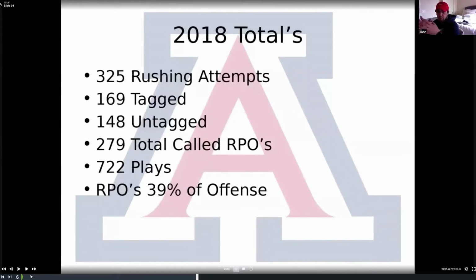But about 40% of our offense, whether it was a give or a throw, was an RPO, RSO type of play. So that should have been emphasized in our practice plan, which it was. So these are just some stats, and it's always nice to go back and self-scout at the end of your season to see what you've been focusing on in practice and to see if it translates to your play calling